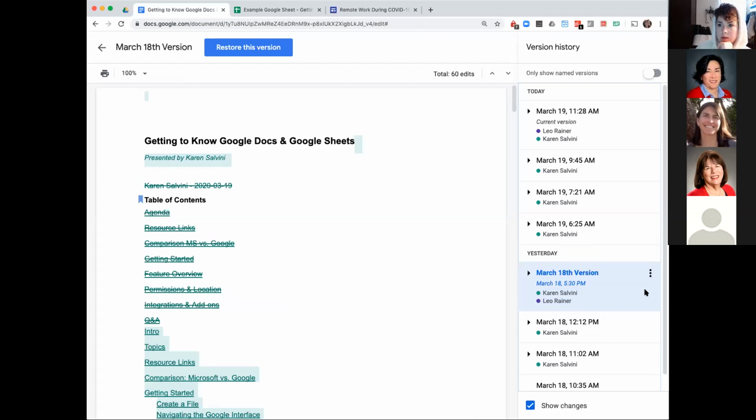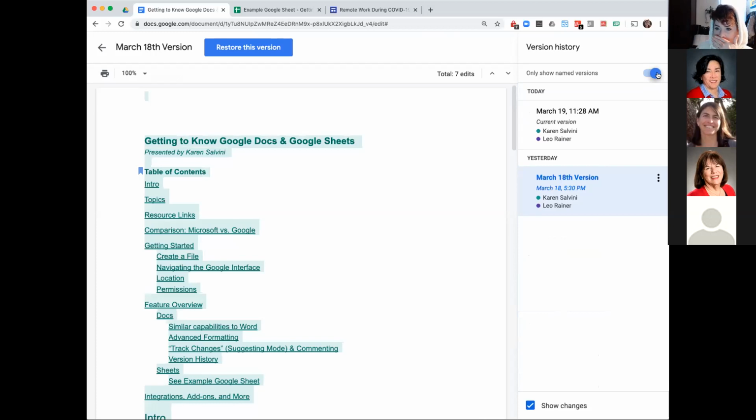We do it occasionally with some of our more important documents. It's probably not something you'll use on a regular basis, but it's good to be able to go back to a particular one, and then you can show only named versions. So that way, if there are points in time you want to remember, you don't have to scroll back through a whole bunch of different versions to jump back through the history.